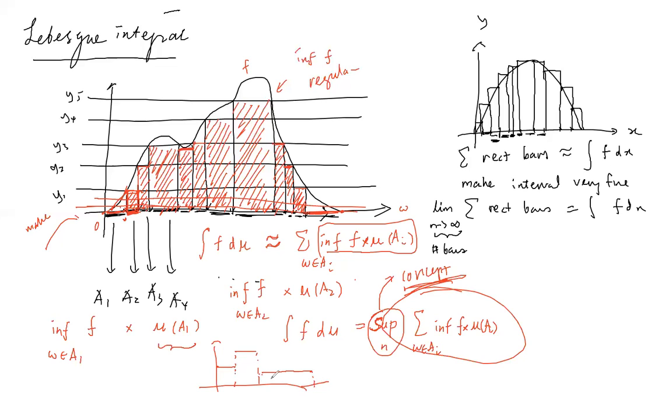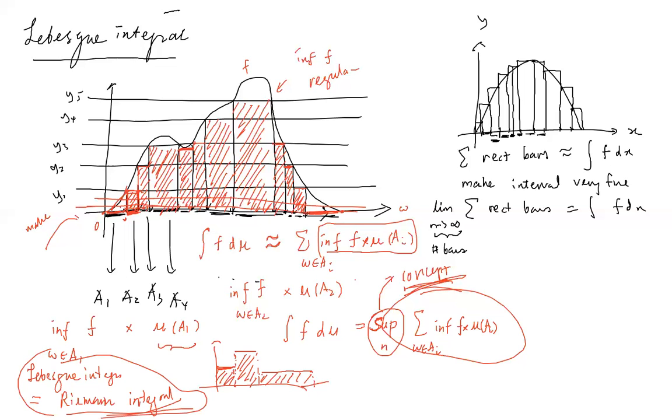Because your area under the curve is basically just these rectangles. So the sup will not bother you in the case where you are applying Lebesgue integrals on step functions, because the rectangle is very clear. The sup is just a rectangle. In other cases, your Lebesgue integral is actually equal to your Riemann integral. For example, over here the sup is just the area under the curve. If your function is regular, then it is just equal to the Riemann integral.